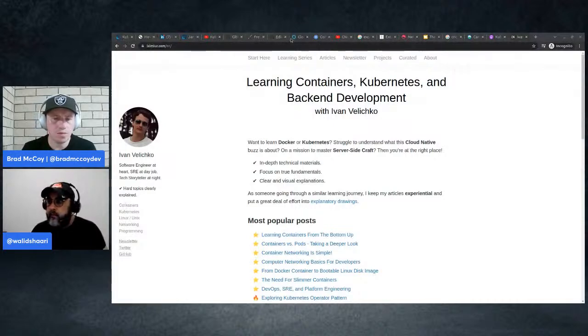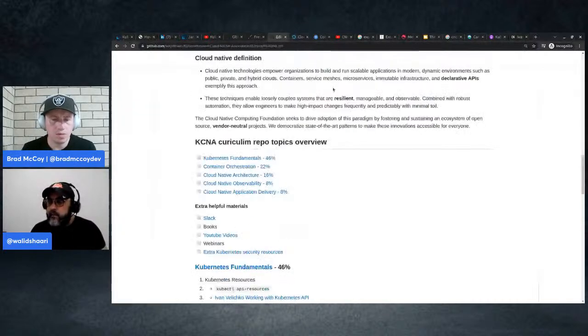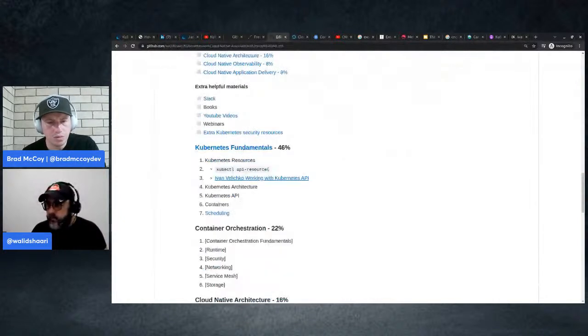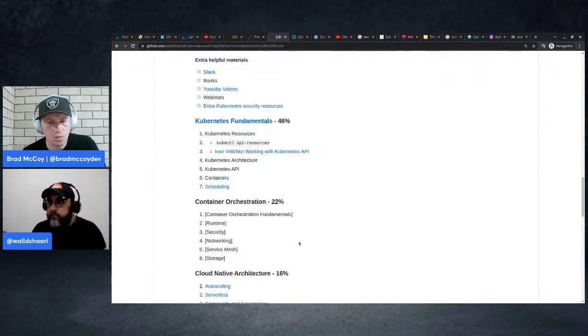Okay. So in Kubernetes Fundamentals, I think you should focus most of your work on Kubernetes Fundamentals and the container orchestration. I would start with the containers. What is basically containerd, and things like this, and how to link them to the concept in architecture.